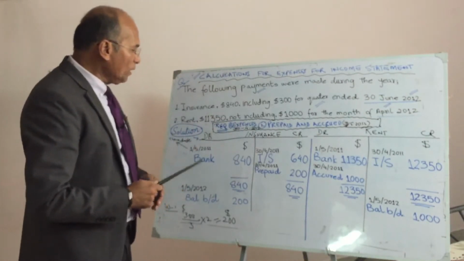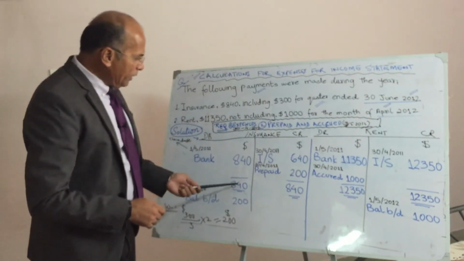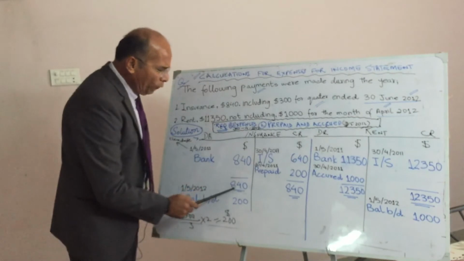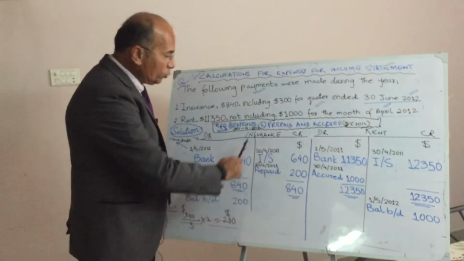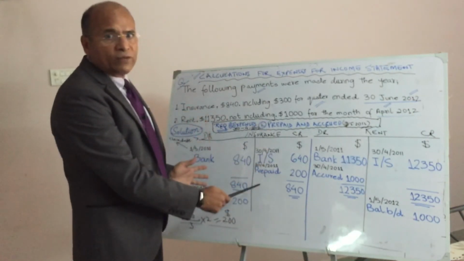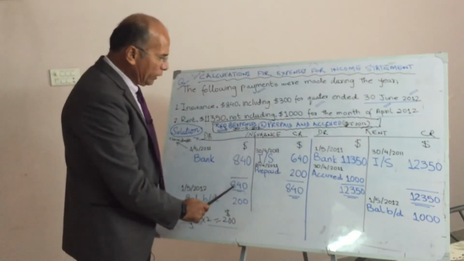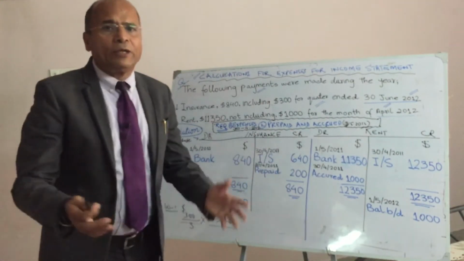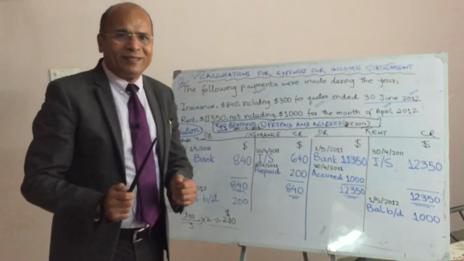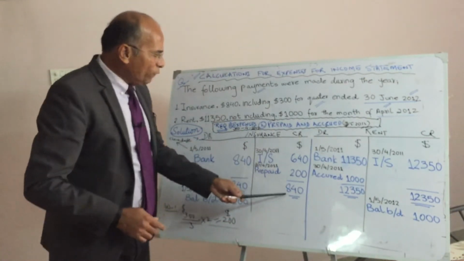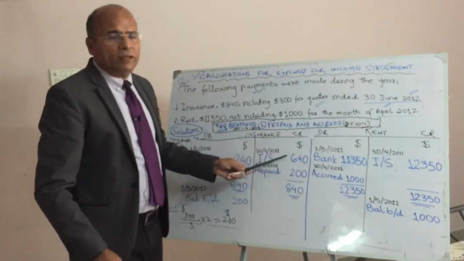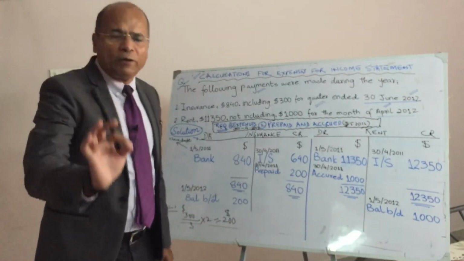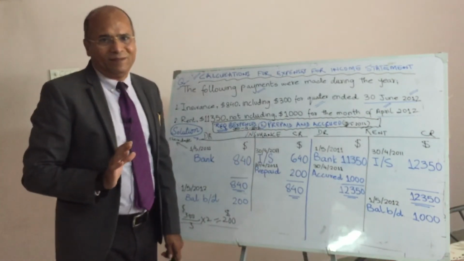Anyways, we come back. So then what happens? I have written 840 here. The same 840 I am writing here to make the shape of the account. So out of 840, I know 200 is prepayment because against these 200 I did not receive the service. You understand? So it means 840 minus 200, 640. This amount will go to profit and loss account as an expense.